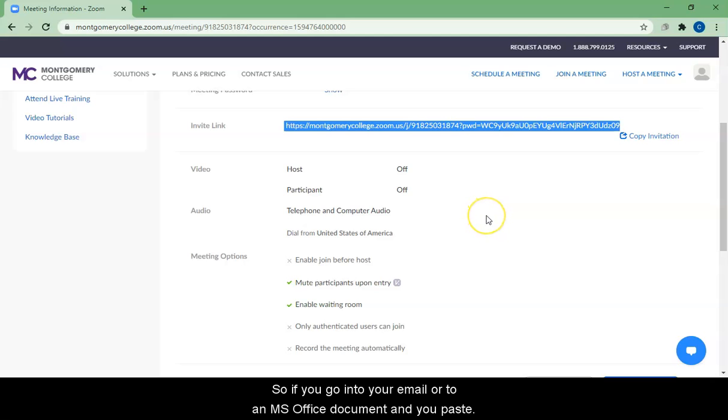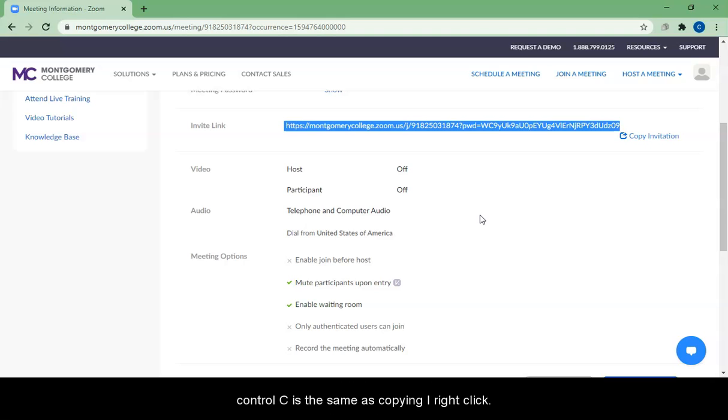So if you go into your email or to an MS Office document and you paste this, the link will show up. You can also, if you want to copy it without right-clicking because you're concerned you're going to open the link, use your control button. So the control button, there are two of them. There should be one, though, on the left-hand side, which I use because I'm right-handed. CTRL, you hold that down at the same time you hold down the letter C for copy. Control C is the same as copying by